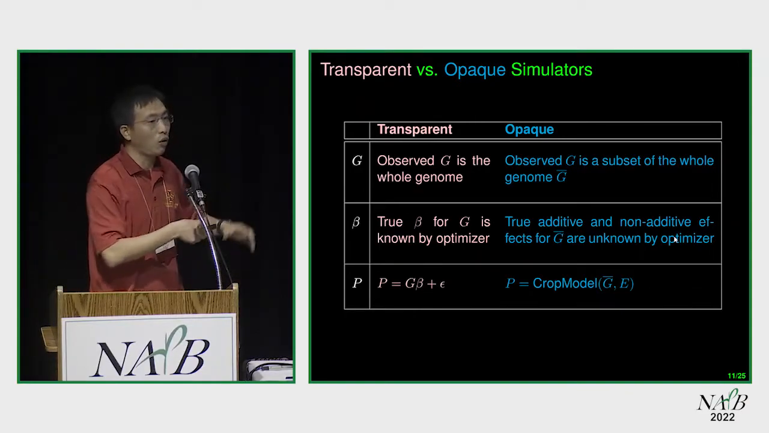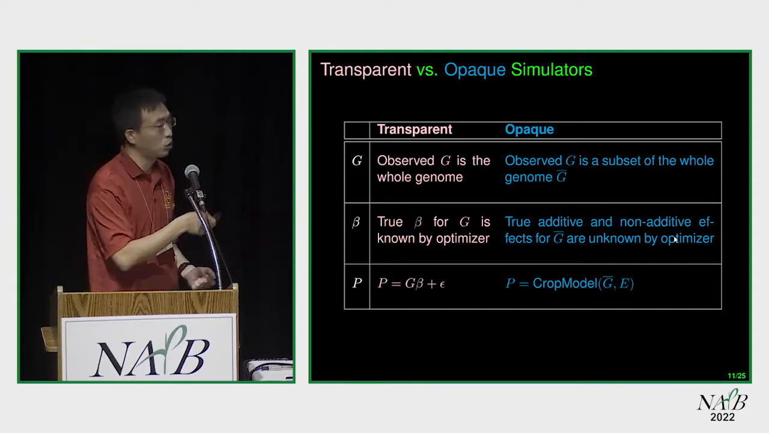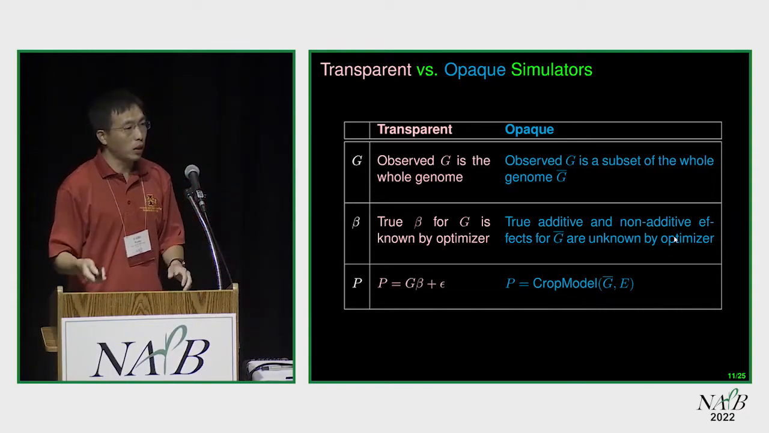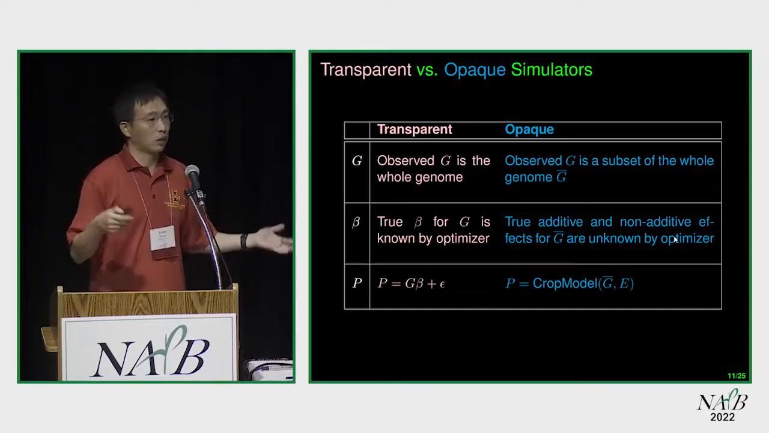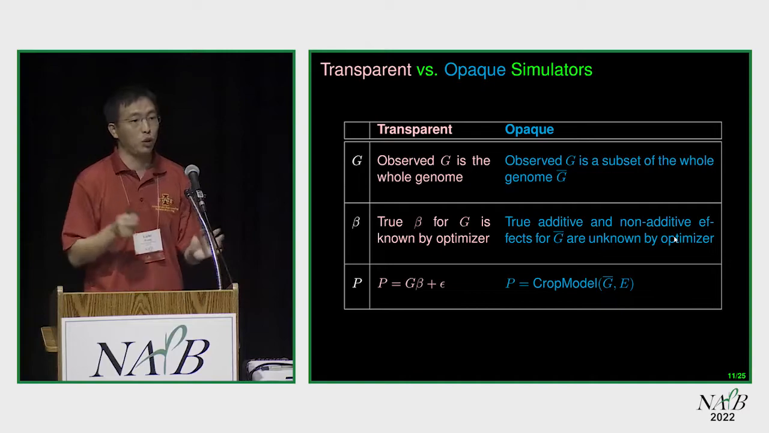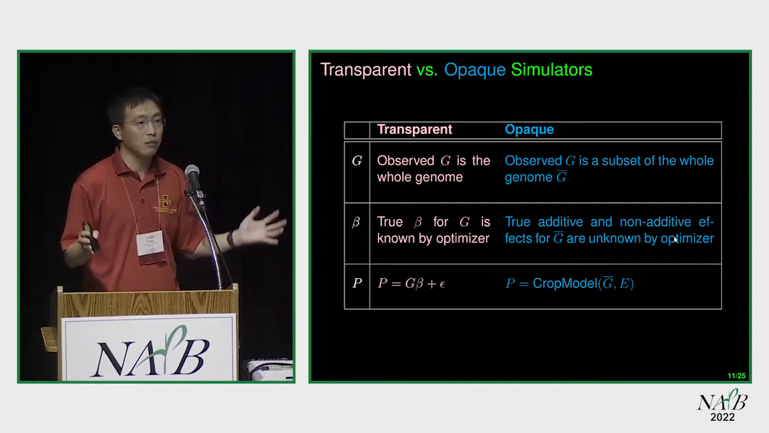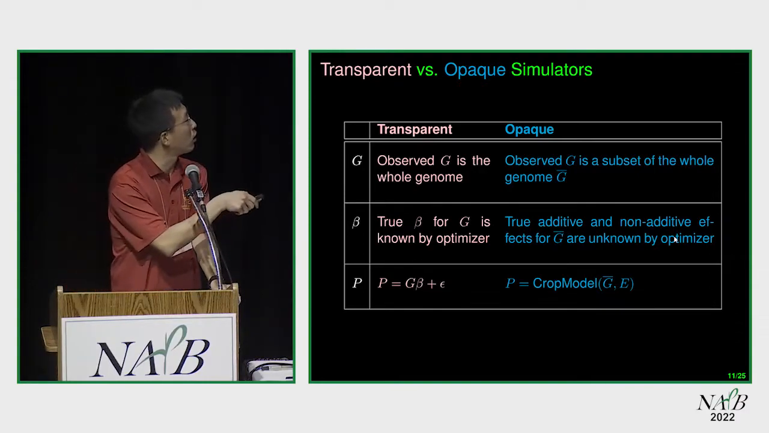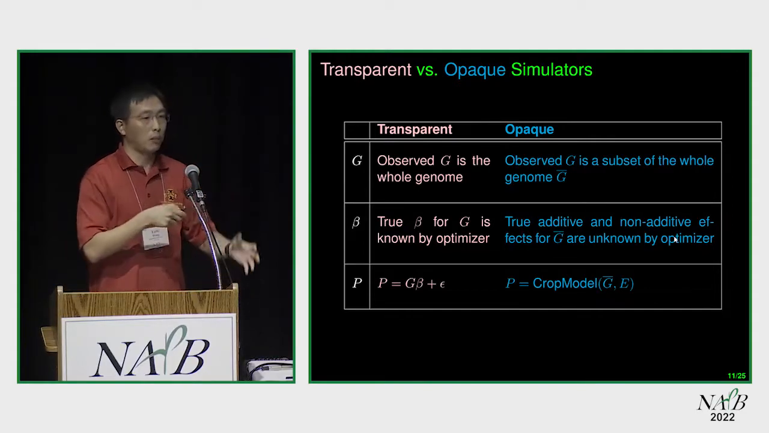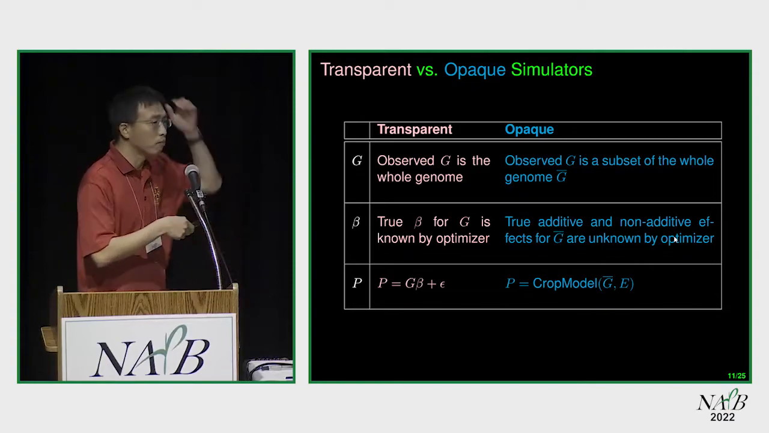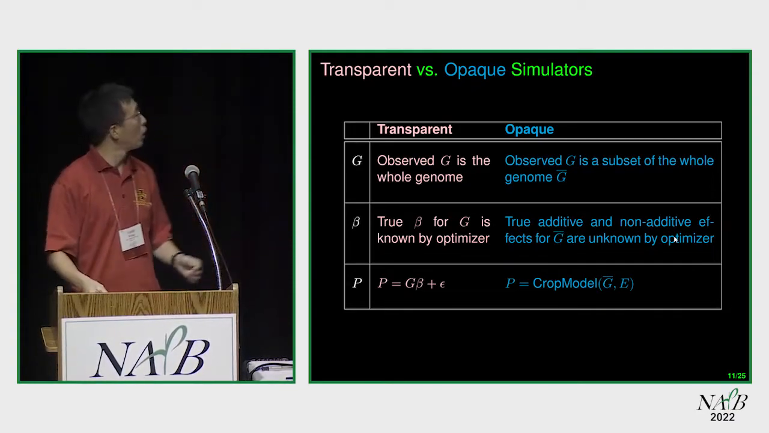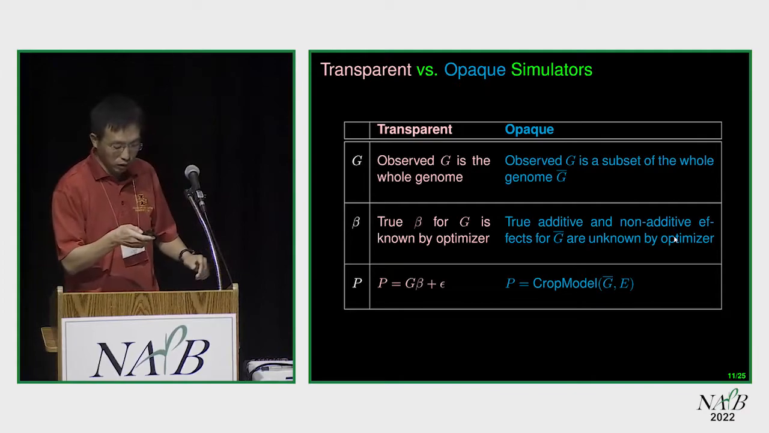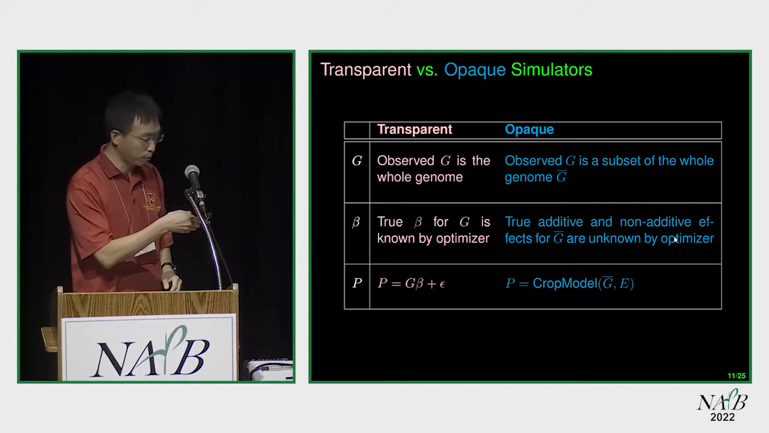In terms of the allele effect, some of the studies are assuming the true allele effect is known by the optimizer. It's the same effect used by the simulator and the optimizer, but that's not true. Nature doesn't tell us the additive effect, non-additive effect. Just because you are assuming there is no non-additive effect doesn't mean there is no non-additive effect. There has to be some dominance and epistatic effect in the opaque simulator, and also many people use linear equations for the phenotype, but I think we should be using a more complex